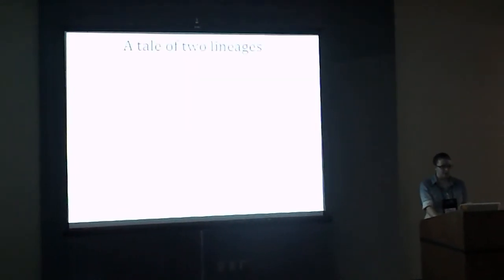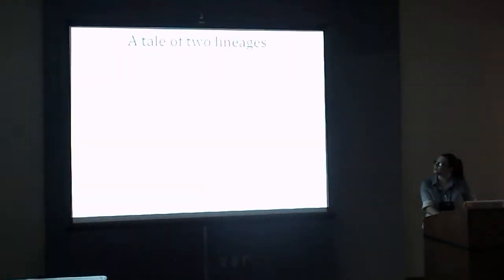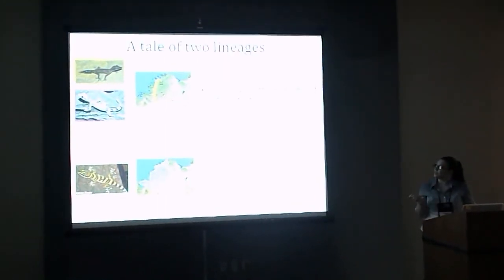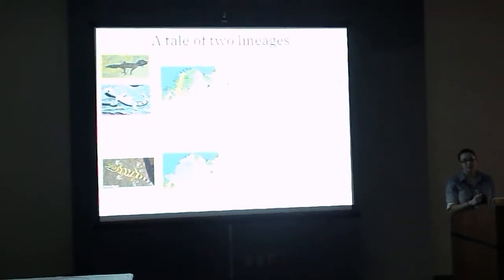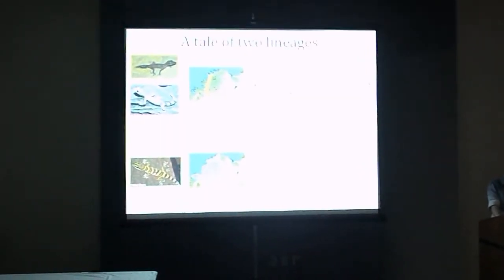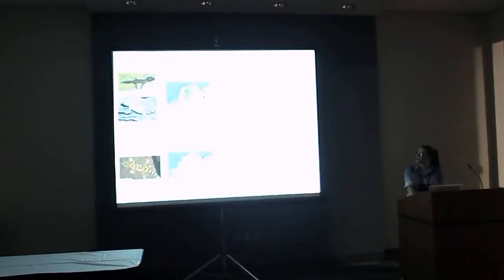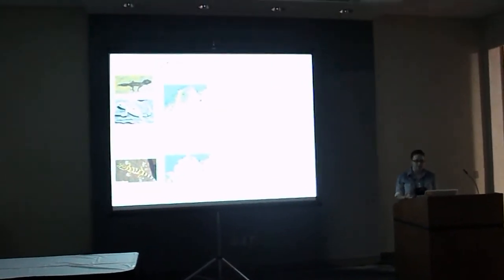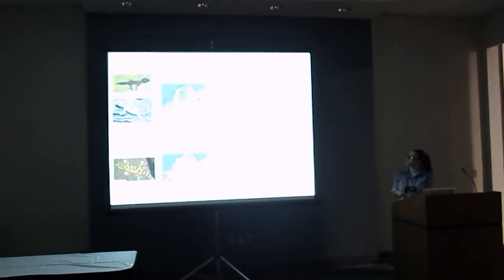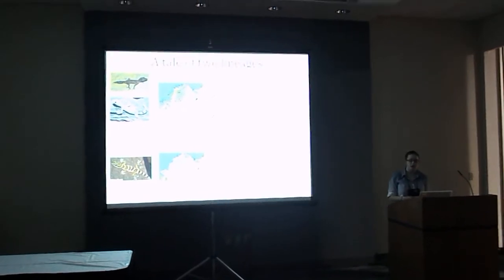So to sum up, we have a tale of 2 lineages. We have Felicipota versus Gracilis. These 2 lineages, we've run our data sets through BEAST analyses. They're coming out with similar times of diversification, so origins within the Miocene. And yet, despite these similar times of diversification, they're showing distinctly different patterns. And the suggestion here is that they might be responding differently to the same processes of environmental change within this